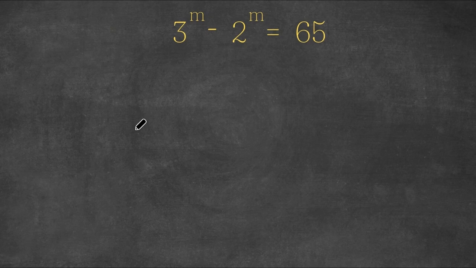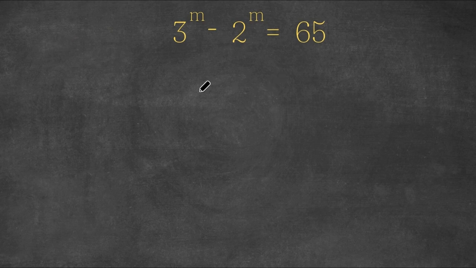In today's video, I'm going to be teaching you guys how to solve this exponential equation. So I have 3 to the power of m minus 2 to the power of m is equal to 65. So what I'm first going to do